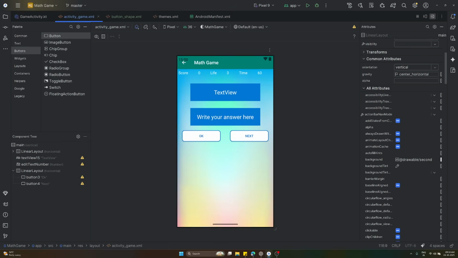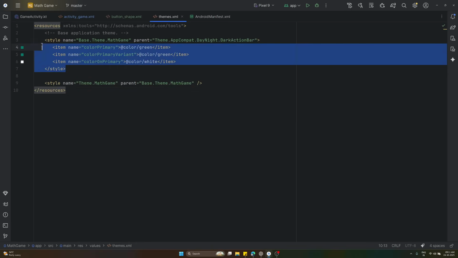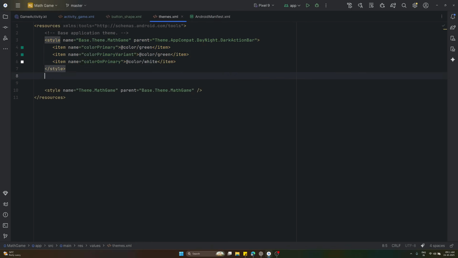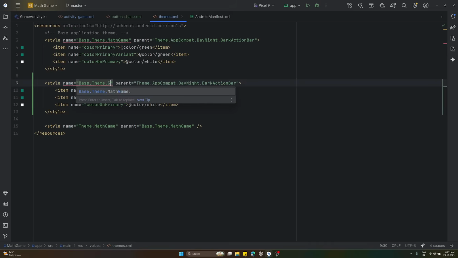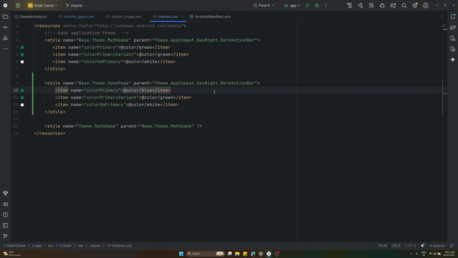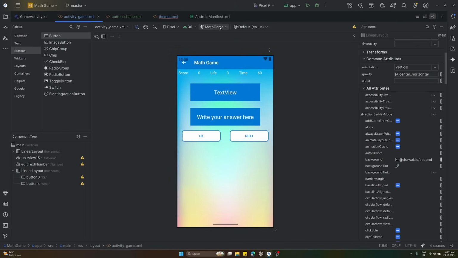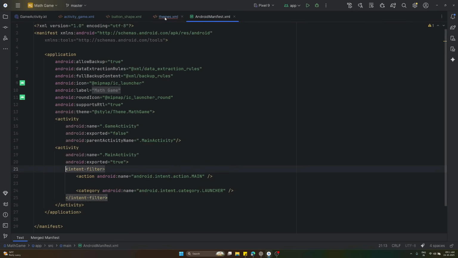So now we have added this one, and we need to change the theme. If I go back, you are able to see this. We can go to themes here, and write the theme for this specific page also. So let's have the game page here, and this time I want blue for this one and also blue for this one. Here you need to give the style, with parent game page. And in our activity game you can select the game page theme, so that everything will be in blue color. And in our Android manifest file,